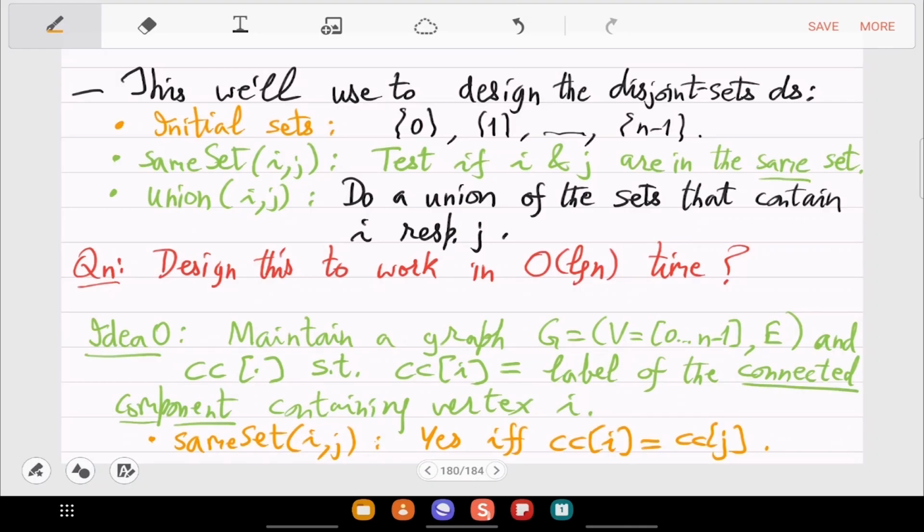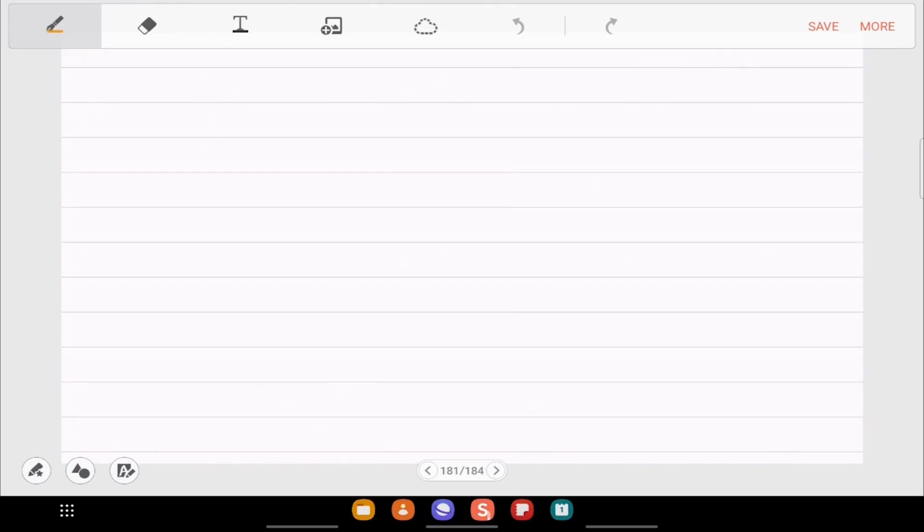And union will just add a new edge to the set E. So this is a valid implementation of the disjoint set data structure using this graph, and you store the connected component labels for every vertex.